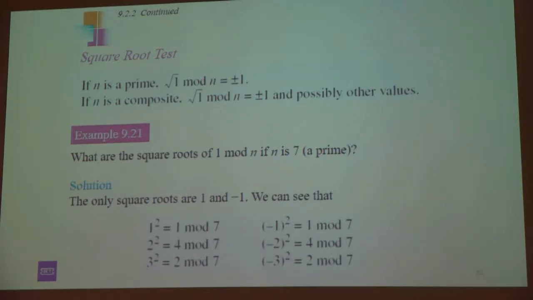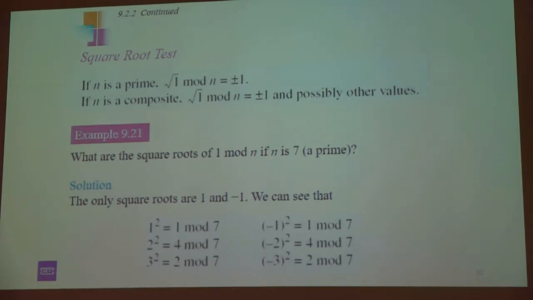So now we are going through a series of techniques for testing prime, finding out if it's a prime or not, and they're probabilistic, right? The first one is the Fermat test. The second one is the square root test. In the square root test, if n is a prime, then the roots of 1 mod n give you plus or minus 1. If n is composite, the roots of 1 mod n include plus or minus 1,